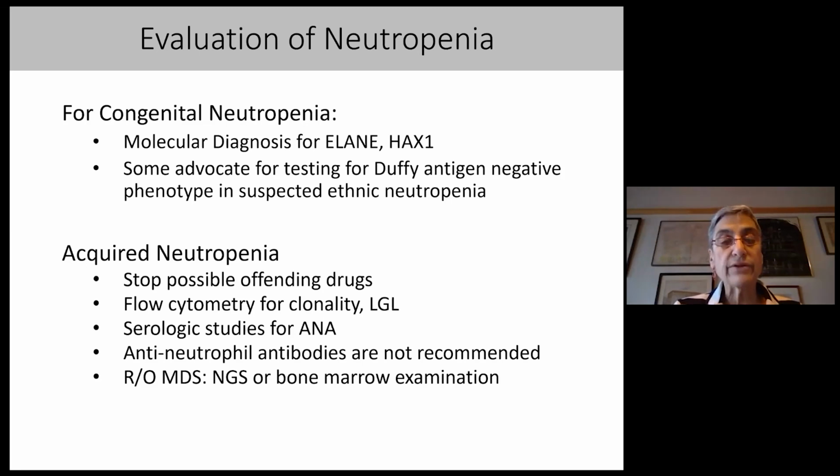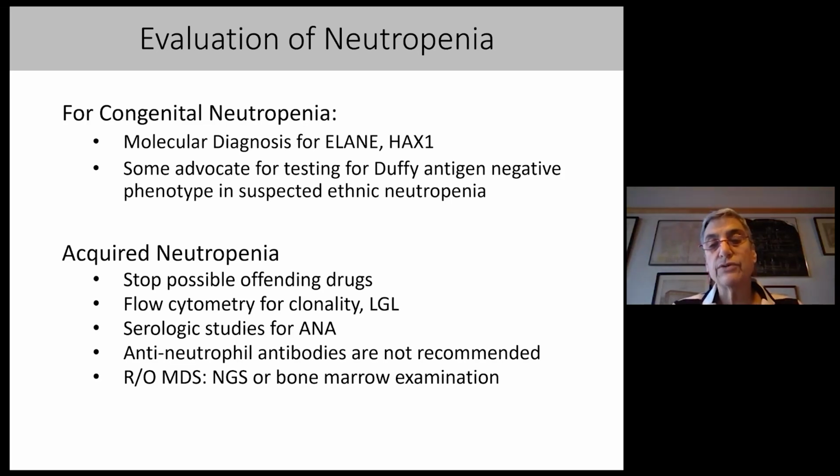If you have an acquired neutropenia, the approach is usually to stop any potentially offending drugs, although in the setting of mild neutropenia that is probably dose-related and drugs which the patient can't afford to stop, if the neutrophil count is not dangerously low, they can be continued. I include flow cytometry, looking for clonality to suggest a lymphoma, or to look for large granular lymphocytes, which can mediate